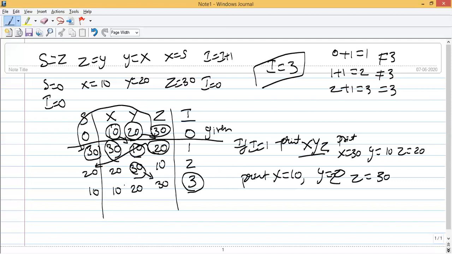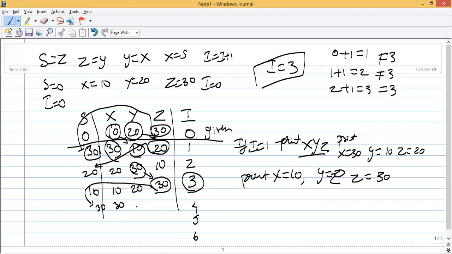Understood? Then the next question they've asked, you should go till 6. So 4, 5, 6 iterations you should go. Here what you should do? S is equal to, come on, tell me, 30 will become S now. So 30. Then here X how much? X is equal to S. So same 30.